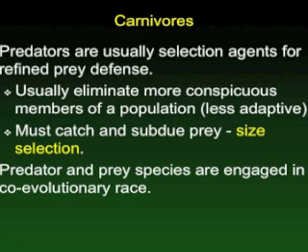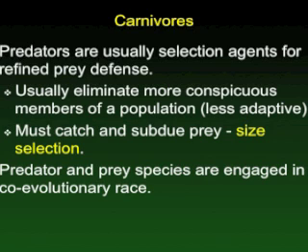So the carnivores, which are predators, really become agents of natural selection, so that as they pick off those individuals in a population that don't have this really bright coloration or some other defensive mechanism, they're then causing